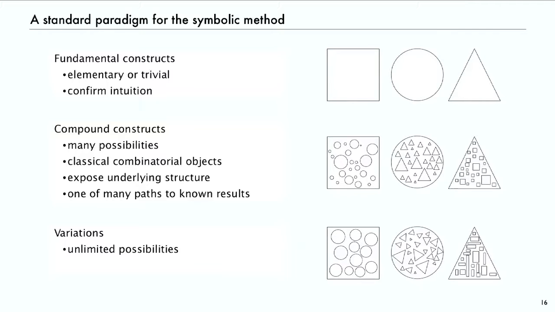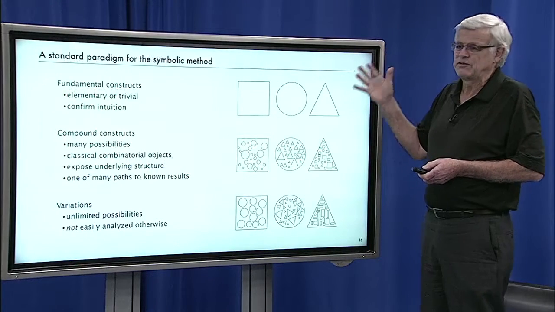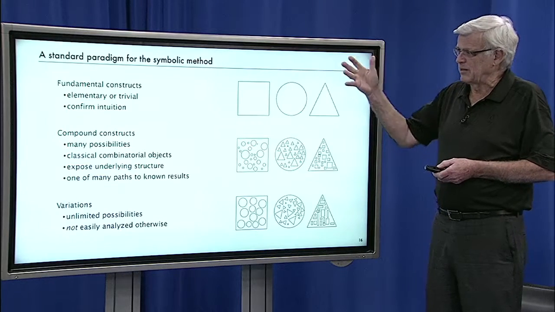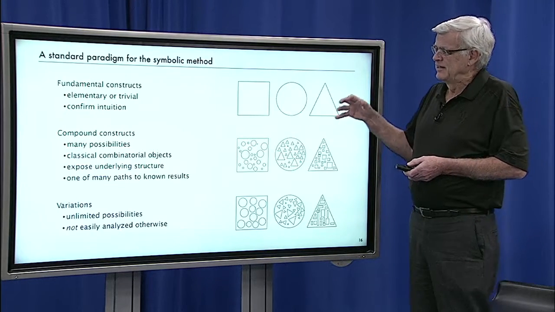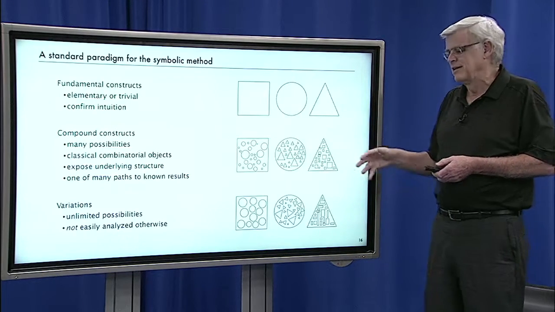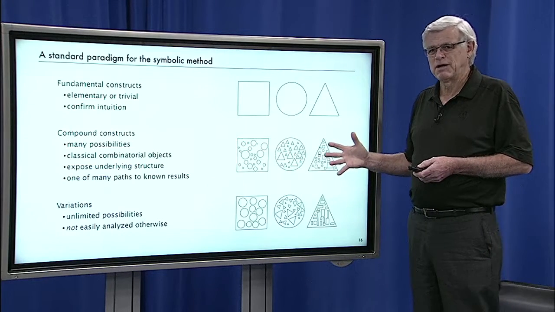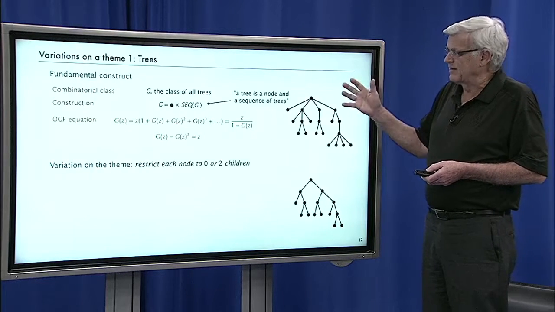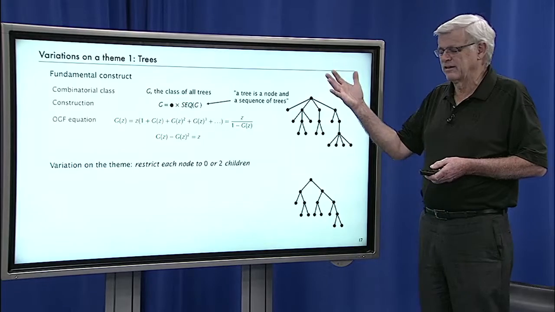But the structure that we learn from the fundamental and compound constructs just follows right through, and we get results that we couldn't even consider approaching otherwise. And that's a very standard paradigm that we'll see in application after application for the symbolic method and for analytic combinatorics. It's a calculus for the study of quantitative properties of large combinatorial structures. And calculus means that we have unlimited possibilities once we understand the basic operations. So just in the context of trees, let's look at a few very